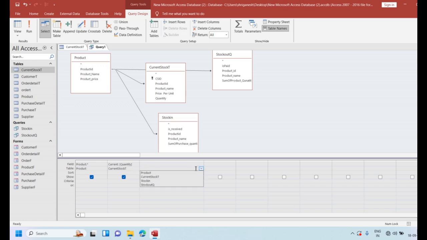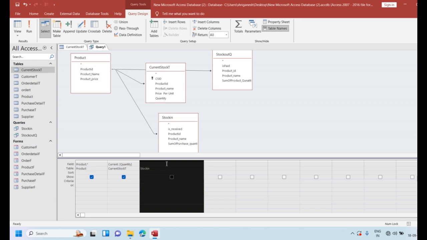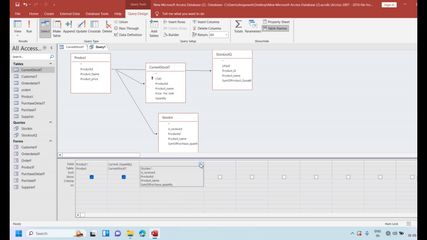My second query is taken from stock in. From stock in, I want to take the sum of purchase quantity, and I save it in an expression named purchase.